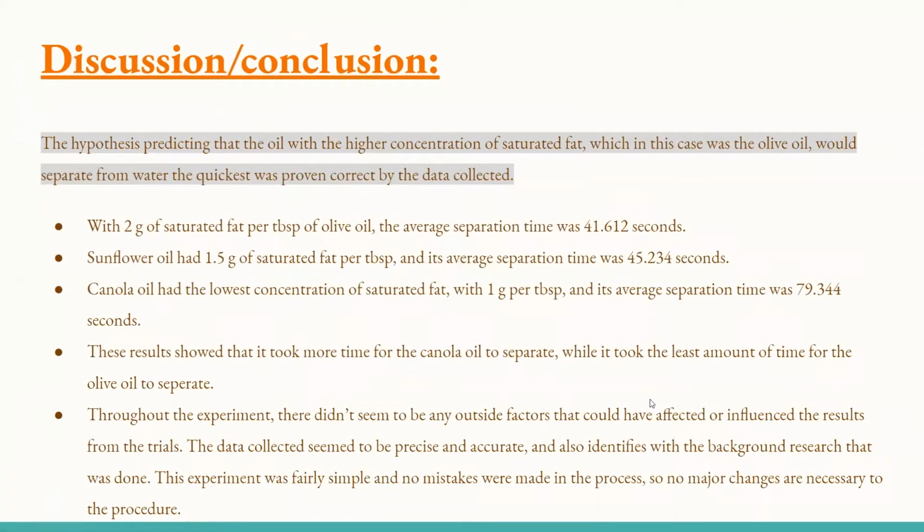The hypothesis predicting that the oil with a higher concentration of saturated fat would separate from water the quickest was proven correct by the data collected. With 2 grams of saturated fat per tablespoon of olive oil, the average separation time was 41.612 seconds. Sunflower oil had 1.5 grams of saturated fat per tablespoon, and its average separation time was 45.234 seconds. Canola oil had the lowest concentration of saturated fat, with 1 gram per tablespoon, and its average separation time was